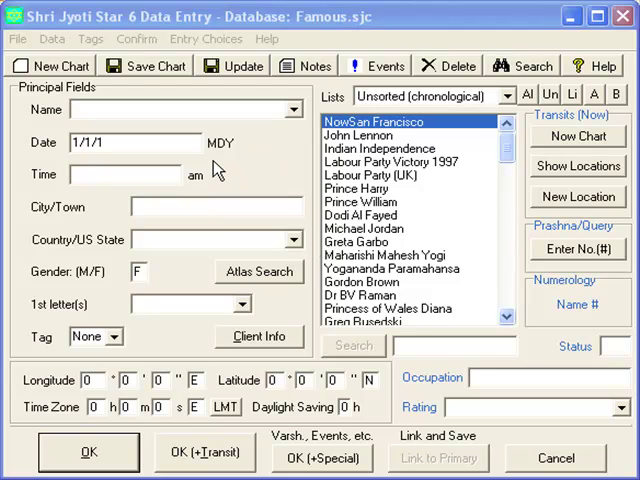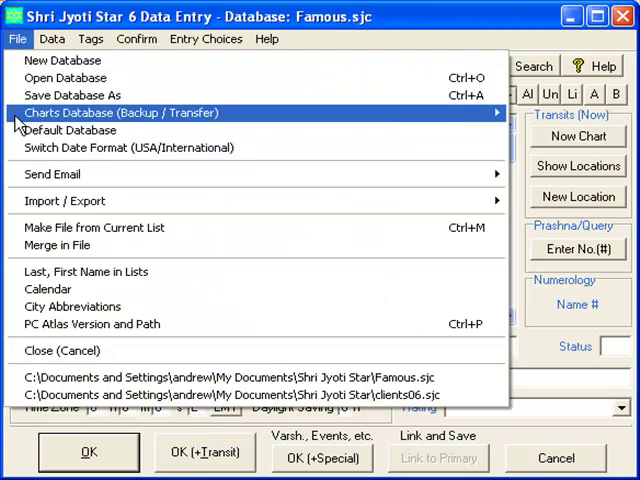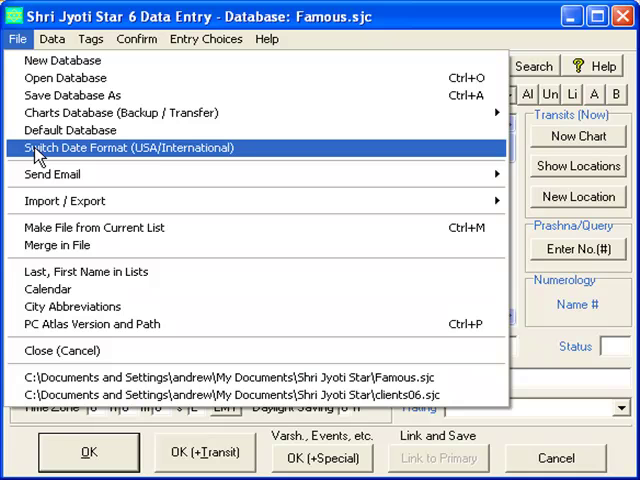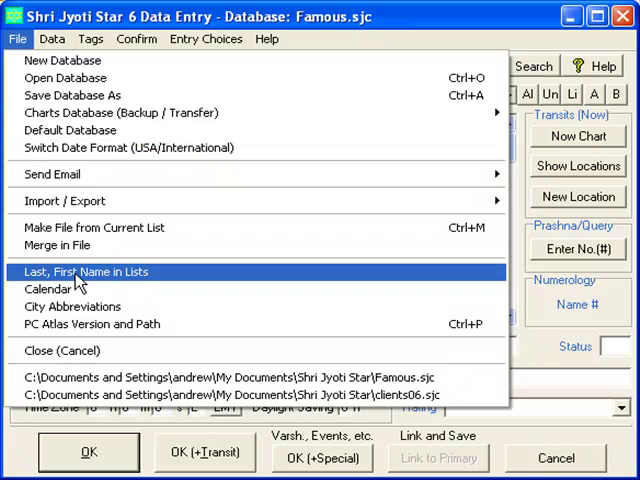Firstly, the date format. When you install the program, you tell it whether you want international or USA style dates. Here we see MDY, which means month, day, year, which is the American style. And this can be changed here in the file menu. Also in the file menu, we can decide whether we want last comma first or first last a name style